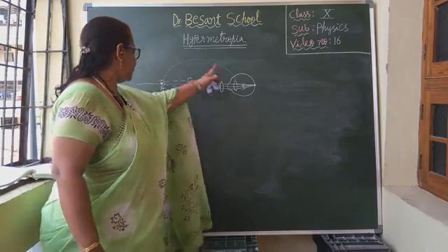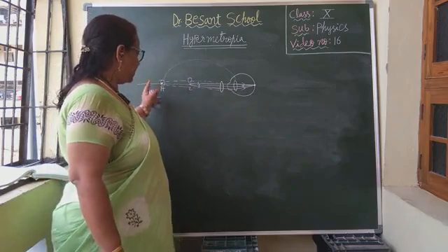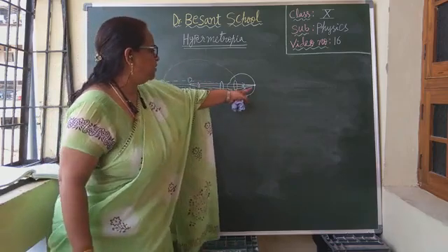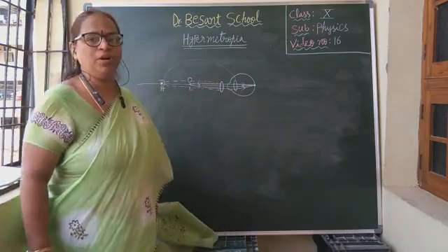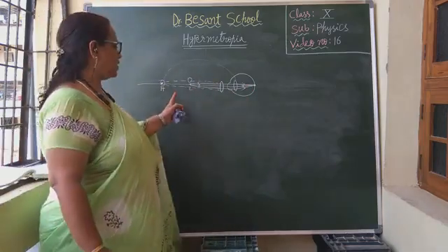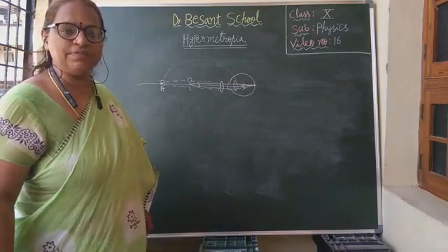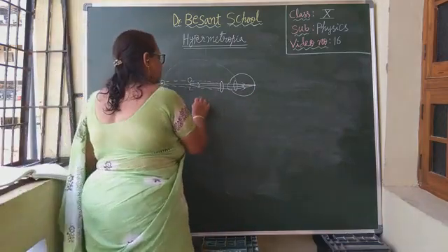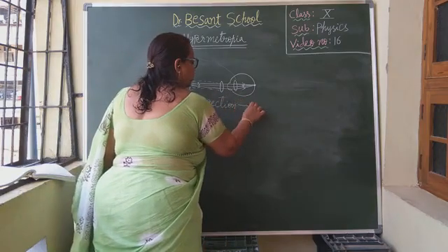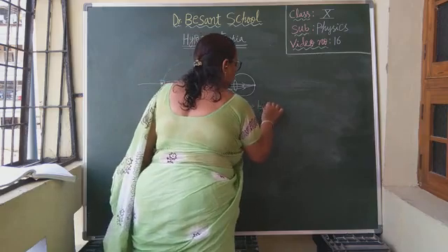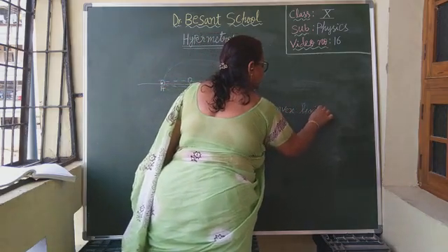Now for this eye lens, the image is at the near point. So the rays passing from this image will converge exactly on the retina. So the image will form on the retina. This is the correction for hypermetropia. So for correction, what lens will we use? Convex lens. So correction of hypermetropia is by convex lens.